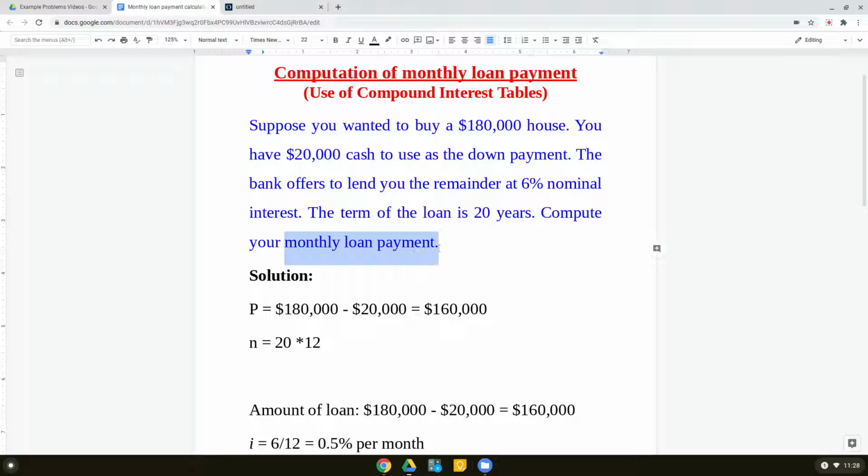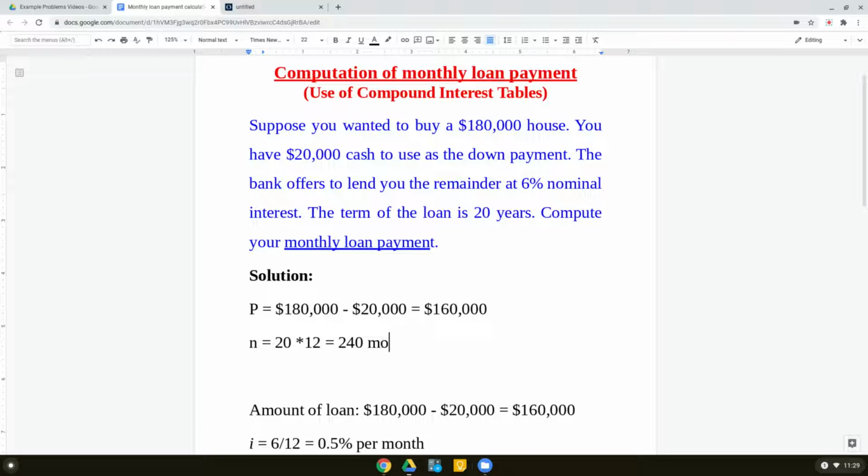This monthly loan payments, so I'm just underlining that. Sometimes it can be quarterly, it can be weekly. Depending on that, if it was quarterly, then you have to take 20 years and multiply by 4. That would be 80 payments. If it is bi-weekly, then you have to multiply it by 24. But in this case we want to calculate monthly loan payment. That's why I am multiplying 20 years by 12. So that would be